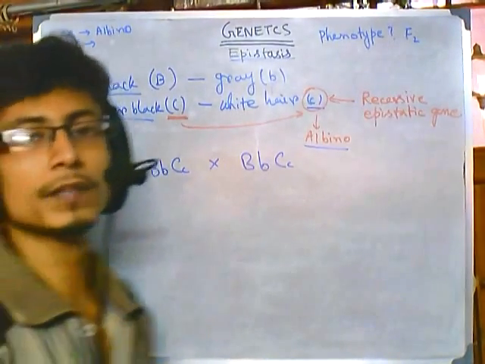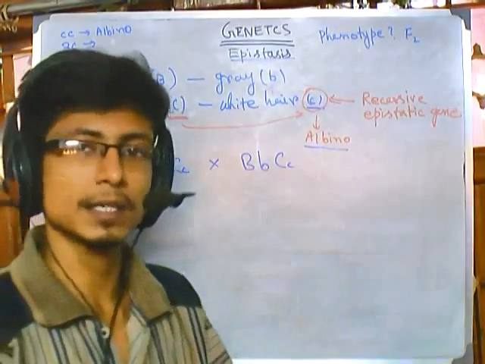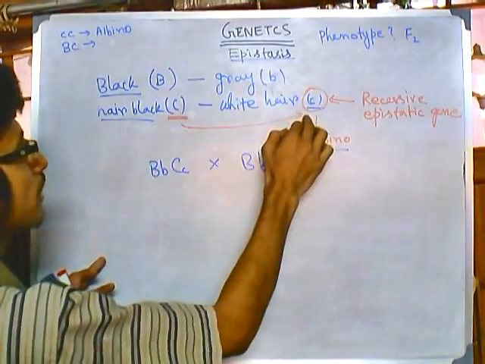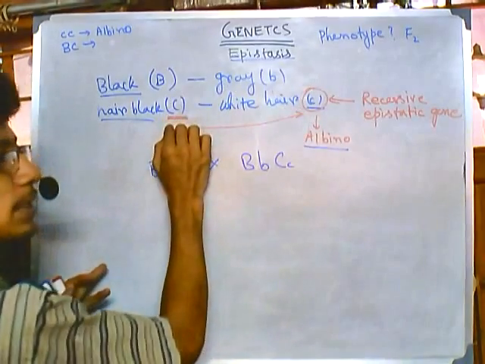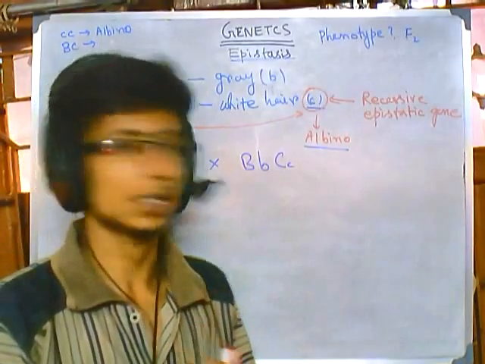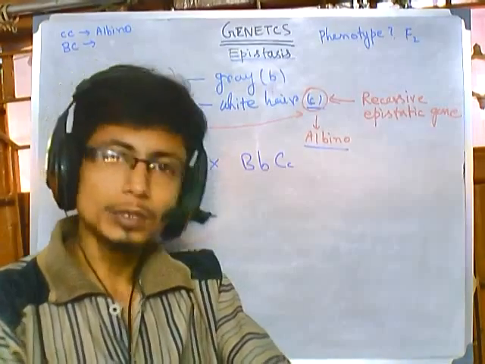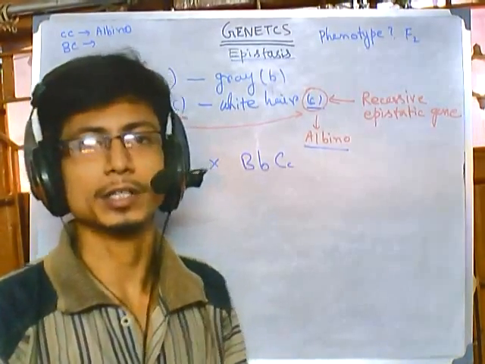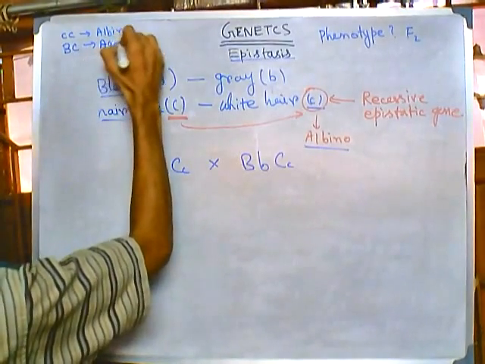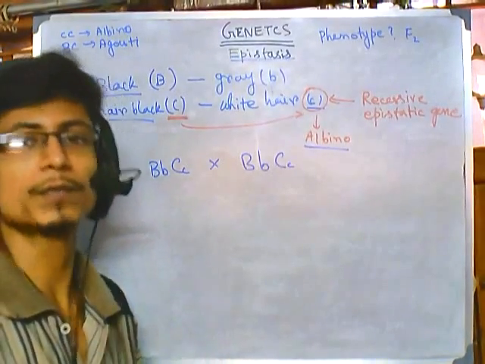So remember, in case of any kind of epistasis, we have told you that there are certain genes which are regulating the expression of other genes. So here the expression of these B genes is regulated by the small c. Now this small c is in turn regulated by cap C. That is the fact. So when we are having both caps B and cap C, that means that particular mouse is having the black coat color. Now on the black coat color, it is having black hairs also. So as a result, it will bring the typical phenotype, which is called agouti. Agouti means black coat color with black hair. So full black, it's agouti.